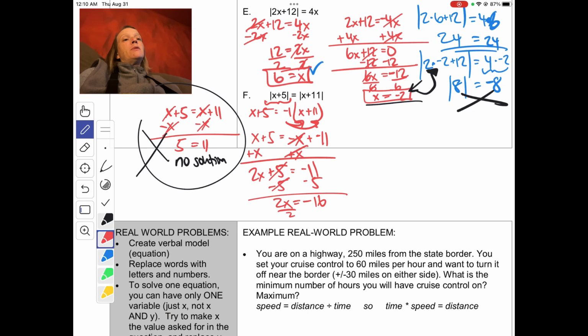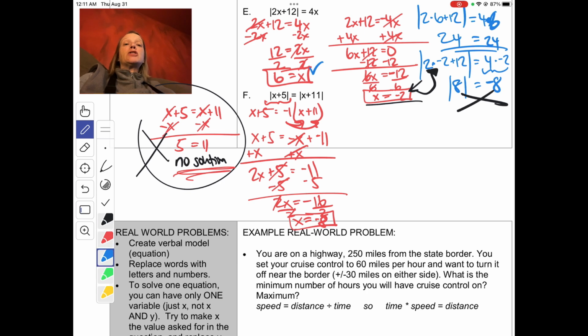And then I divide both sides by 2, and I get that x equals -8. Now, here I had no solution. Here I had -8 as my solution, but I should go back and check to make sure that -8 actually works as a solution. So I plug it back into my original equation,